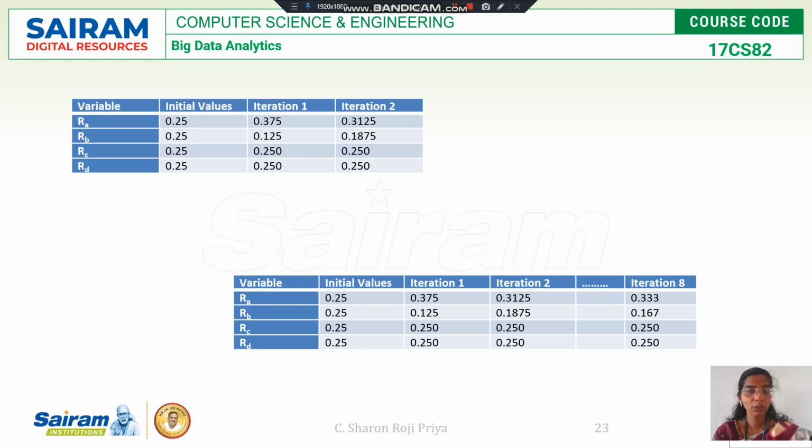So what is our question? We have to compute the most important node or the highest rank node in my network. So the most important node in the given network is node A. Hope you understood it. This is how we can calculate the rank for the nodes in my network.